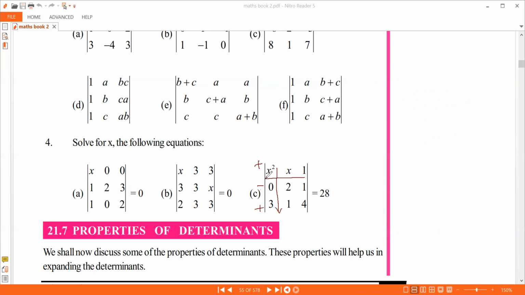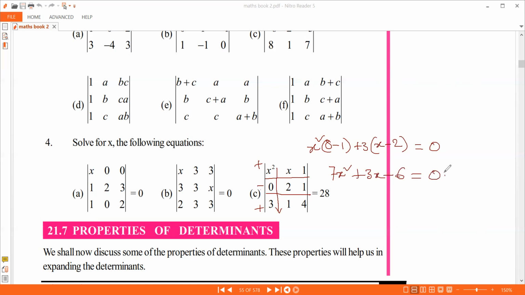So x square into 2 4 8, 8 minus 1. 0, you need not worry about 0. So this one you can leave. The last one you have to see. So that is plus 3 into 1x, so it is x minus 2. 1x is x minus 2. 2 into 1 is 2. So this is 7x square, 8 minus 1 is 7. 7x square plus 3x minus 6 is equal to 0.